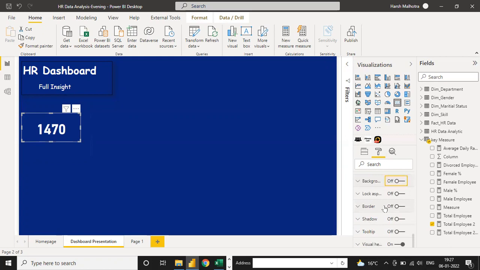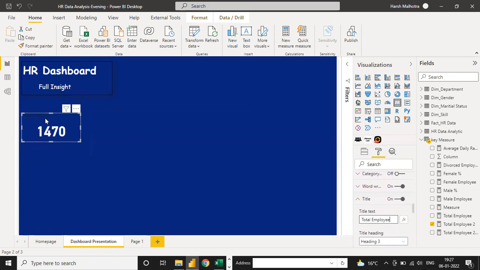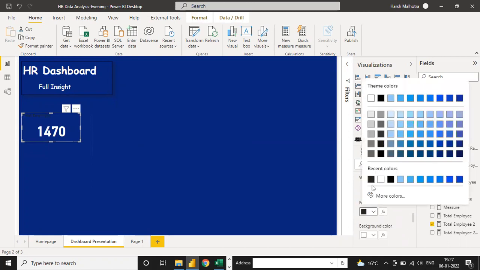Click down. Here we have one option, title. This one is the title option. Select this, click this on. A little down, here you can write total employee. So you can see here total employee is written. Click a little down, change the font color.